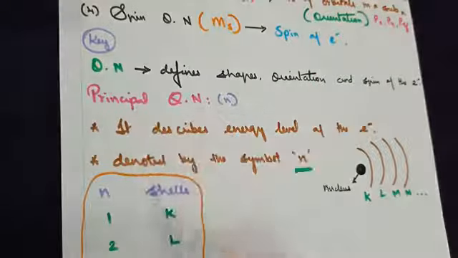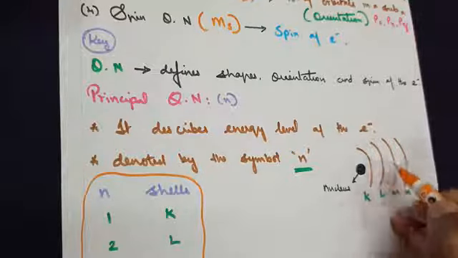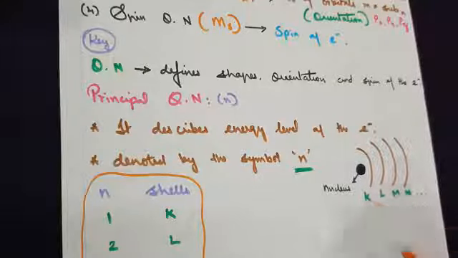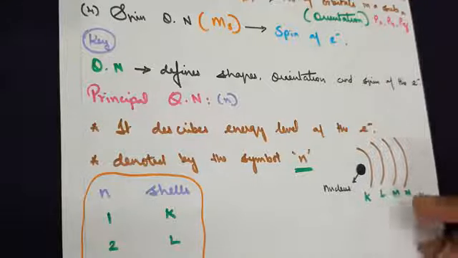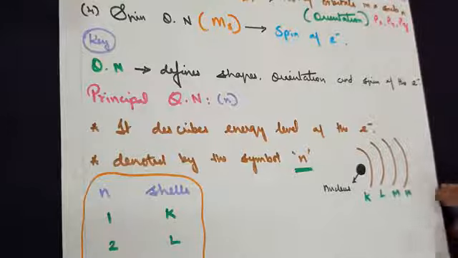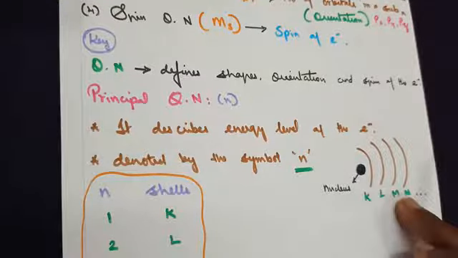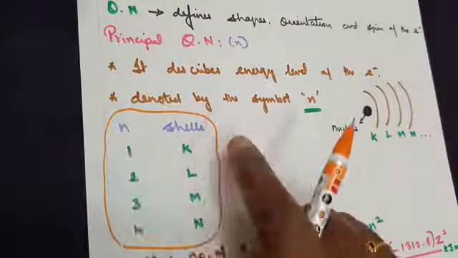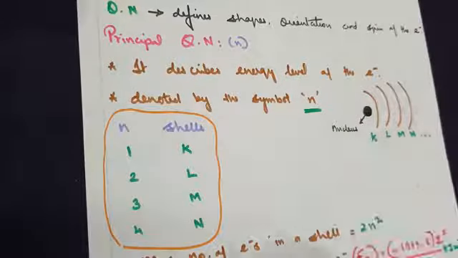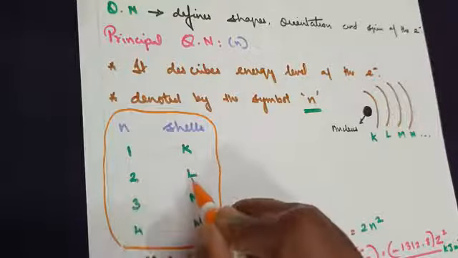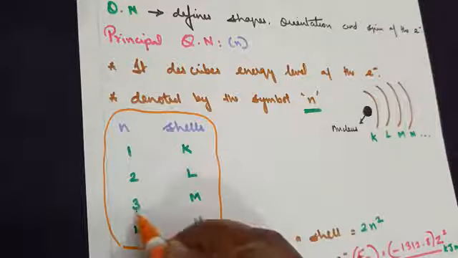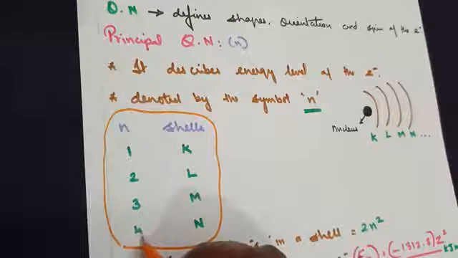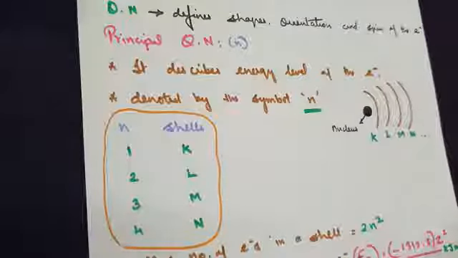That's the meaning of principal quantum number. In short, I've just given you the curved line. So always next to the nucleus will be the K level. Then comes the L level. Then comes the M level, N level, and so on. So these are called the principal quantum number. When n is equal to 1, the shell will be the K shell. When n is equal to 2, the shell is called the L level. When n is equal to 3, the shell will be the M level. And when n is equal to 4, the shell will be the N level here.